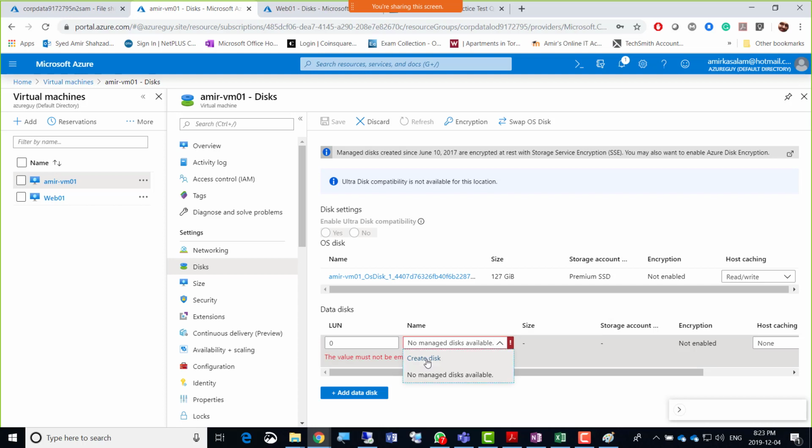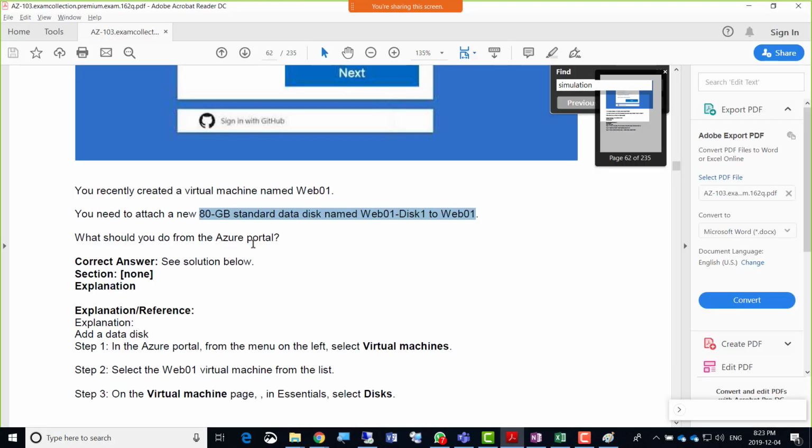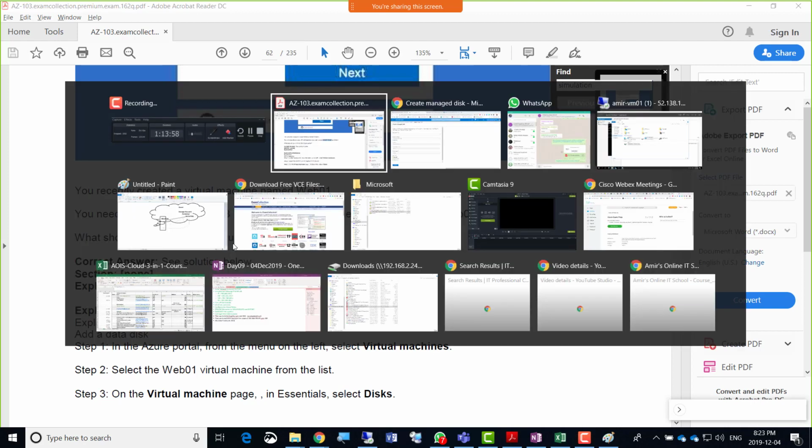If I click create disk here, it asks for the disk name. If I go down here, I'll put that name. So the machine will be there. Just go inside that machine, named web01 disk 1.